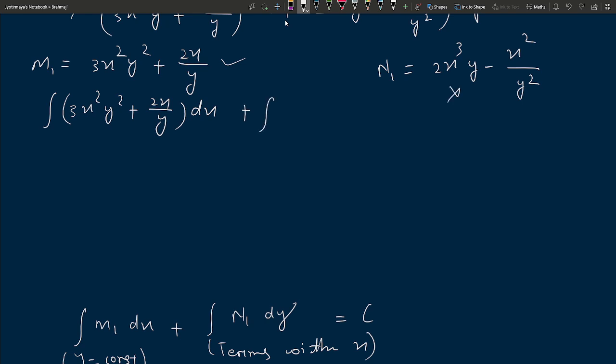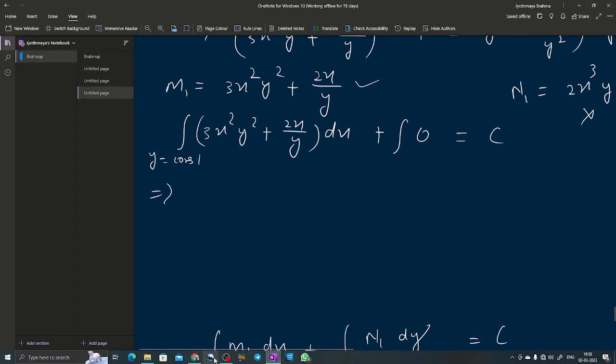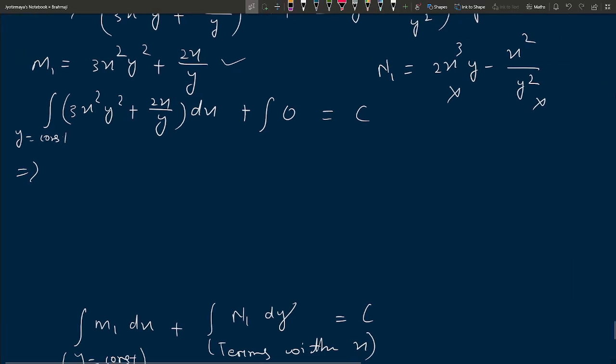So here is x, so I will not write this term, I will not write this term as well. So 0 equal to c, y constant. So y constant implies you have integration. What is y constant? Y constant means